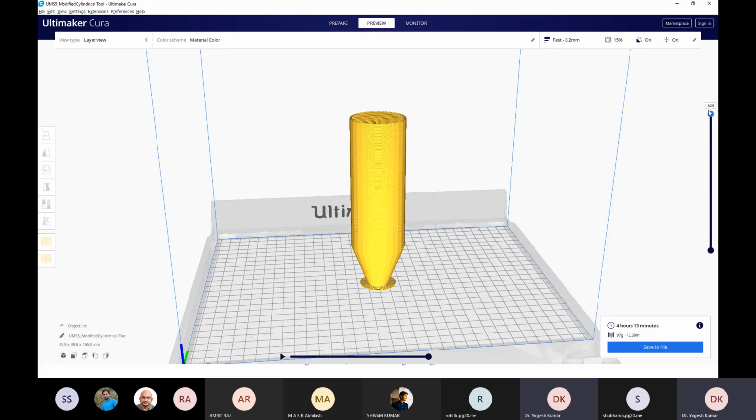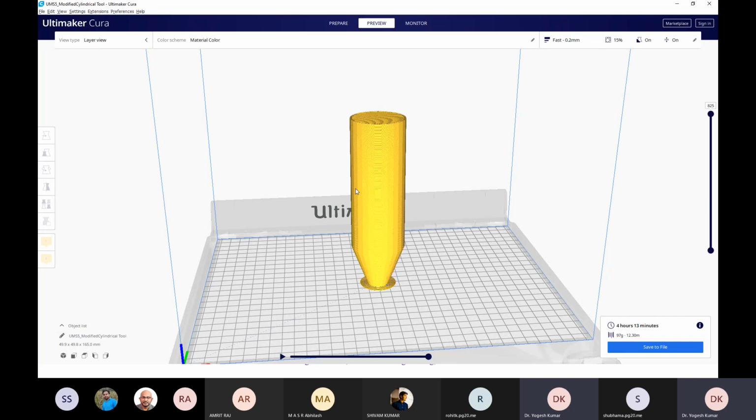If you are able to see at my cursor, it is showing 825. Since you are using your mobile phone, you might not be able to visualize this data. It is written as 825. So there are 825 layers in this particular CAD model.